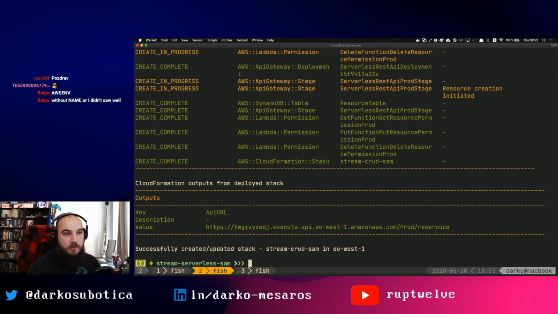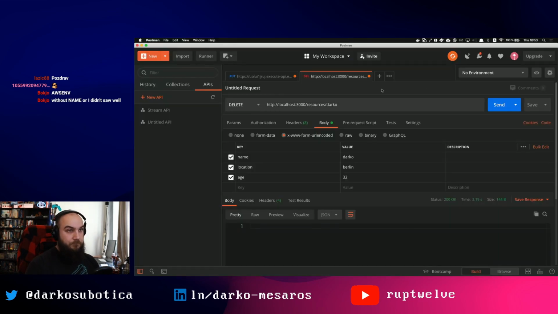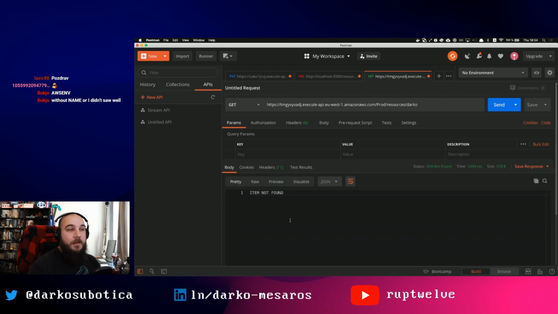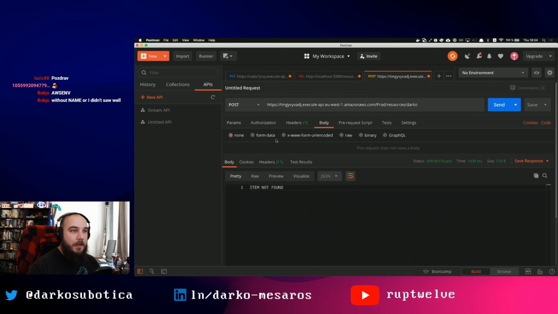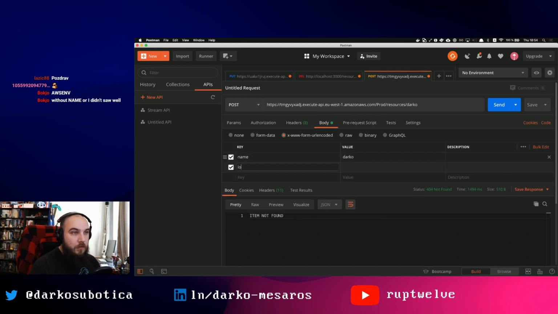So see, this is my typo again. But do this and go open up this. And actually, no. Let's open up Postman. Again, do resources and Darko. Let me run a get against this, and item not found. So it's a bit faster because it doesn't have to spin up a container locally for me to do this. So if I do posts and body and form quoted data, so name, Darko, location